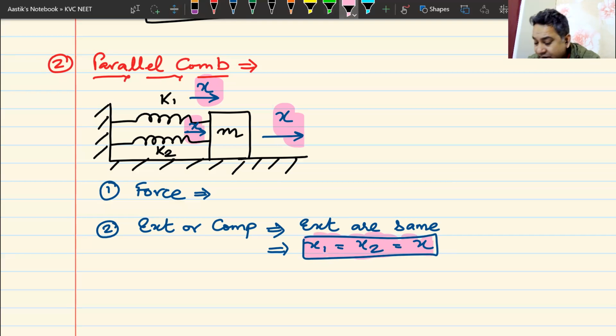Is it clear to everyone in the class that they extend by the same amount? Do I have an agreement here? Can I have some raised hands that I can see? Yes, sir, it's very evident. They will extend by the same amount. From the class, online students, Tanu, Pravina, are we there? We understand this? Great. Now let us talk about the forces in the spring.